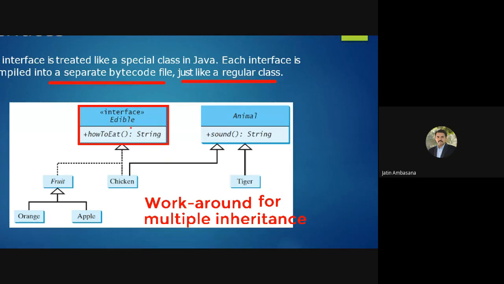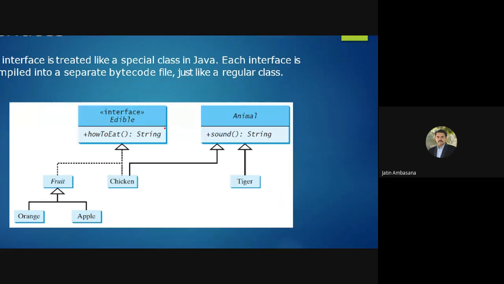Okay, interface works as a workaround for multiple inheritance. So check this out. See, there is an animal class, okay, which is a very general class. Then we have a tiger class which inherits from the animal class.